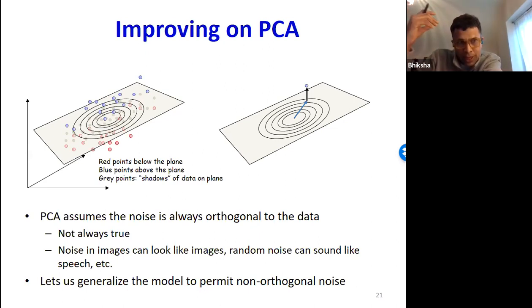For example, the noises that corrupt speech. If you just close your eyes and listen to the world around you, you can hear voices in the wind. You can see faces in clouds. Noise often looks like the data that you are trying to model. And so random noise doesn't have to be orthogonal to the data. It can be in any direction.